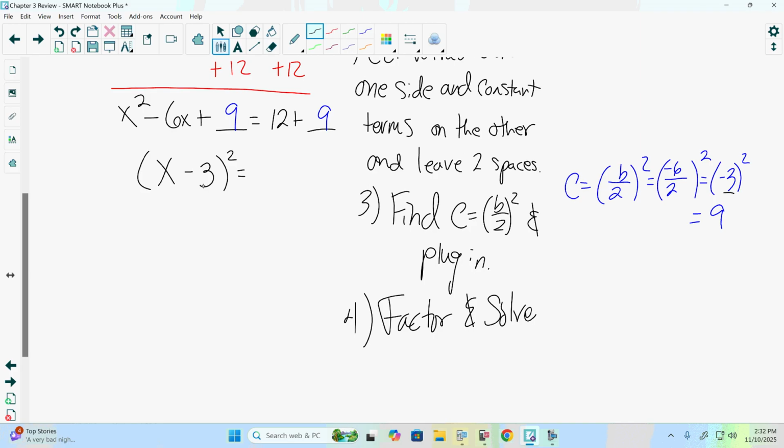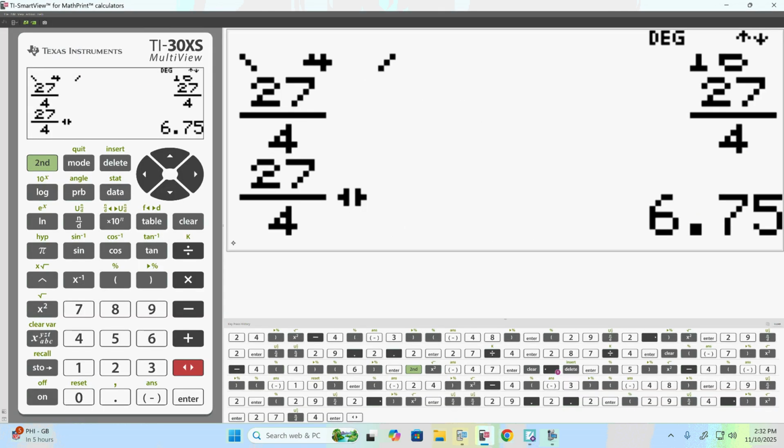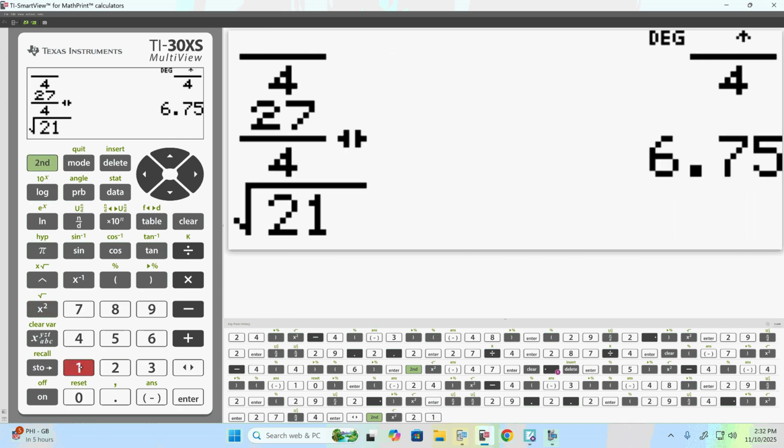Now we do have to combine the like terms on the other side. 12 plus 9 is 21. And last but not least, we need to solve. We're going to take the square root of both sides. Here, the square root and square would cancel. x minus 3 is equal to plus or minus. Now we do need to see if the square root of 21 will simplify. The square root of 21 is